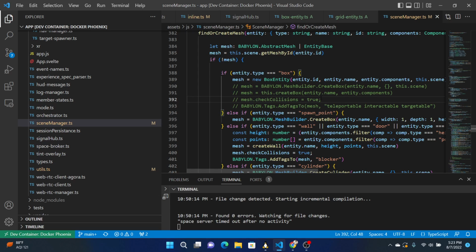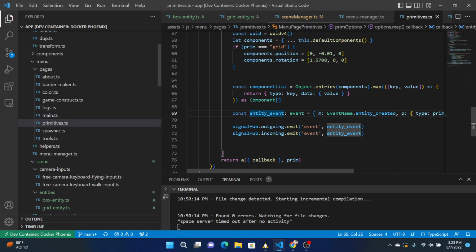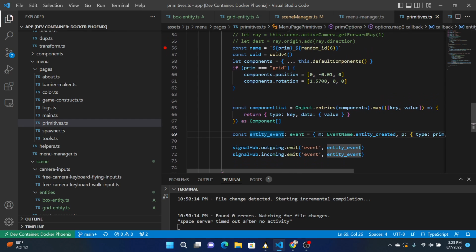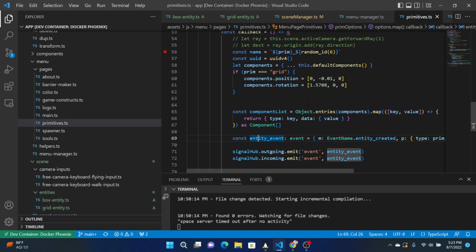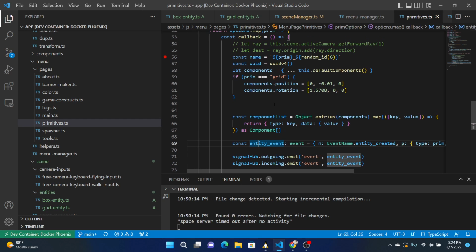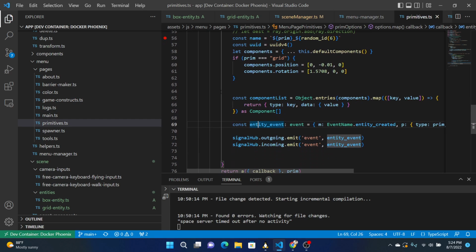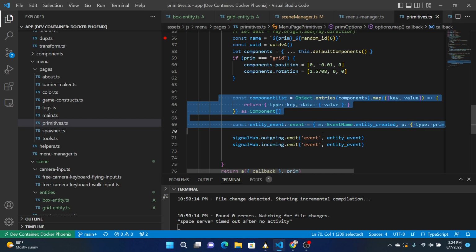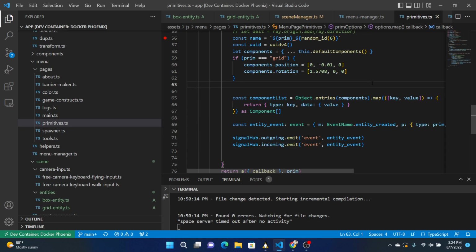So if we separate them out, then we'll only create these tags if these are stored as components. So when we create a primitive, we are creating them here, and maybe even this can be put as part of the class. We can create a static function to emit an event to create this type of thing. And so it might look like this. If we take this into the